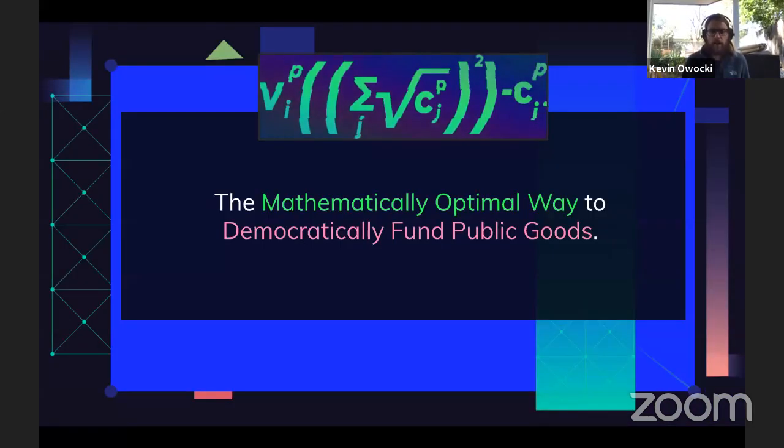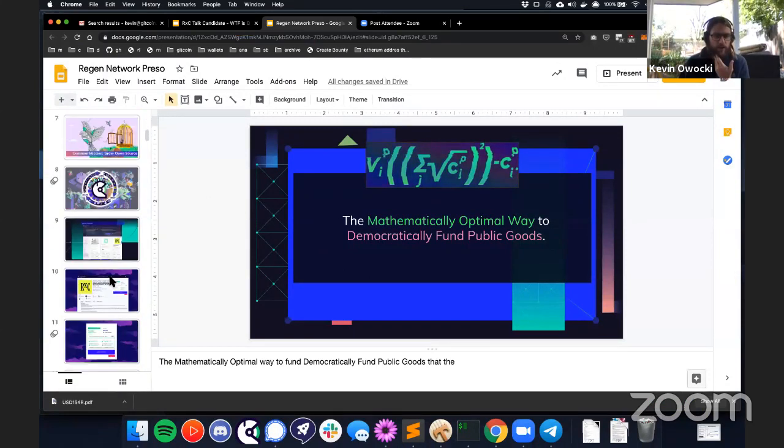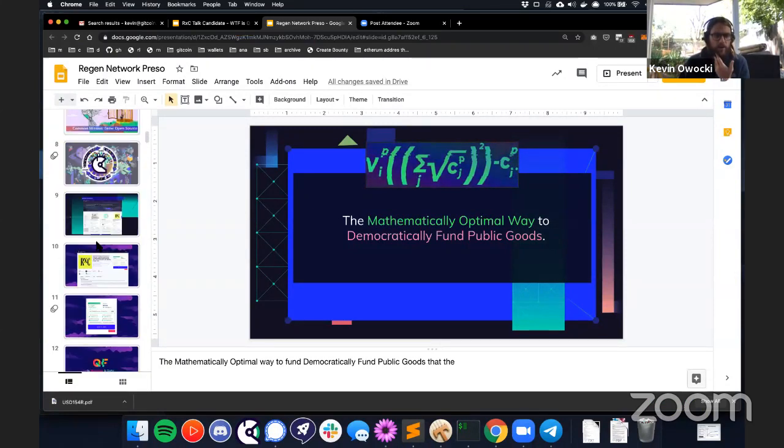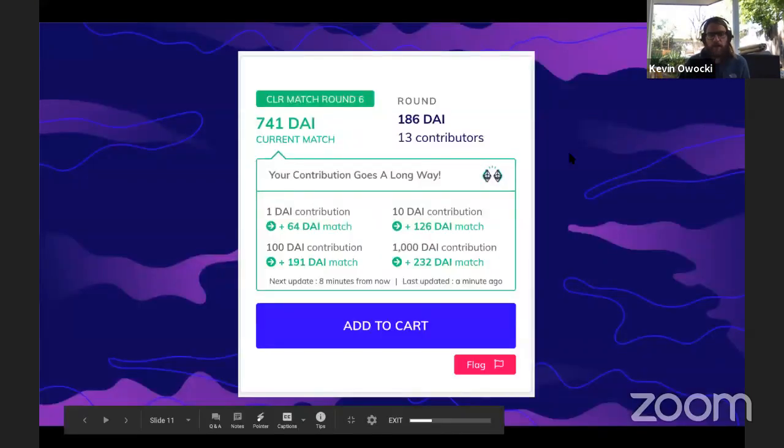And what's really exciting about this, and I'm going to give examples that don't require a background in math to understand, is that it's the mathematically optimal way to democratically fund public goods. The reason is that it optimizes for the number of contributors, not the amount that each contributor gives. And so what we've done on Gitcoin is we've set up a matching fund of